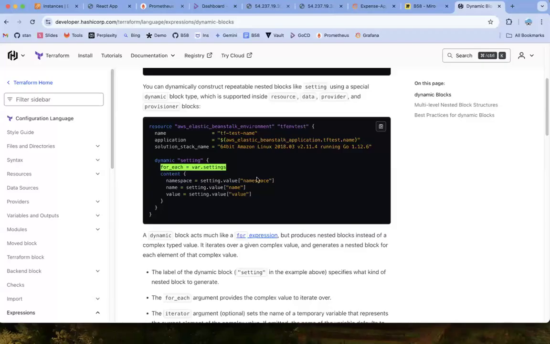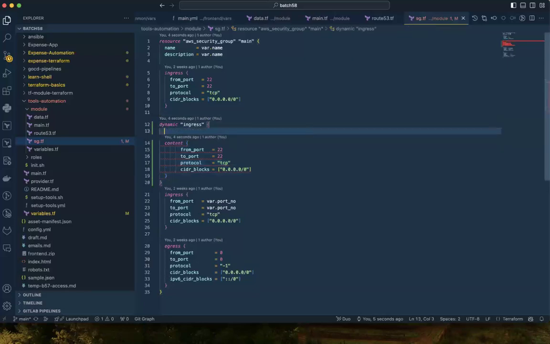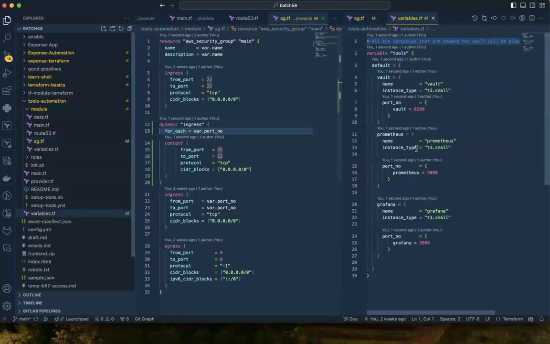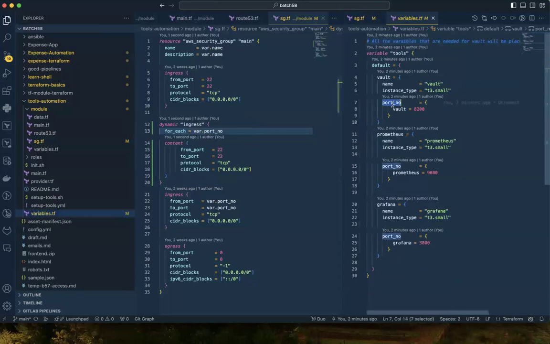Okay, done. And you need to use a for each condition, right? For each. Okay, I'm iterating it. For each var dot port number. Perfect. So for each var dot port number, the condition is equal to how are we supplying the values like this. For each var dot port number, this is the interested point that I'm on, and